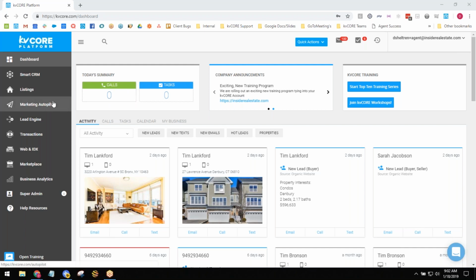We also dove into our default new lead buyer campaign and how and why that works for us, why it's so upfront to the lead, to get those leads to reply to us and move them down our pipeline. And then we covered different aspects of support and where we're going to continue our training with the system: the help and resources, open trainer, and our top 10 training series.